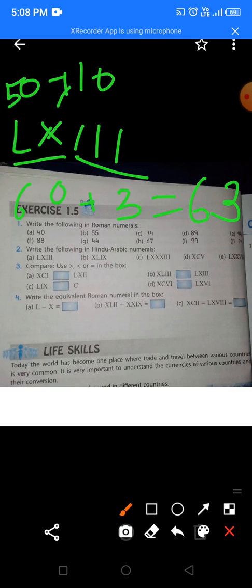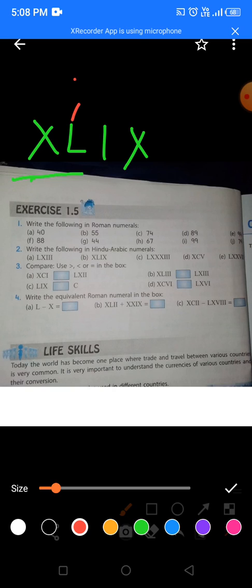Then, children, now you will see the next question. Now what is the question telling you to do? Now we will look here. So this is your question. Okay, now you know that the number 10 is before L. That means we have to subtract it. Look here. This is 50 and this is 10. Now 10 is before 50.